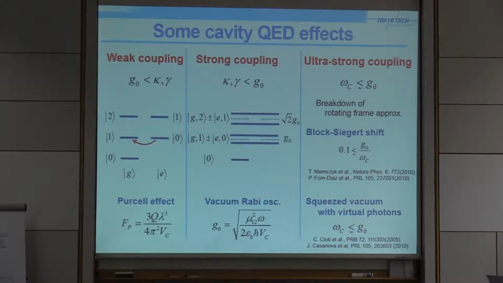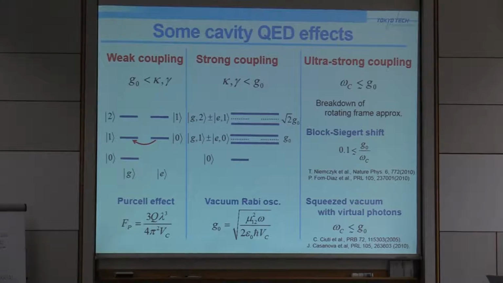So let me give you some cavity QED effect. In the weak coupling limit, the spontaneous emission from excited state to ground state is enhanced by the Purcell effect. If you go to strong coupling regime, the spontaneous emission and absorption takes place coherently, which induces finite Rabi splitting